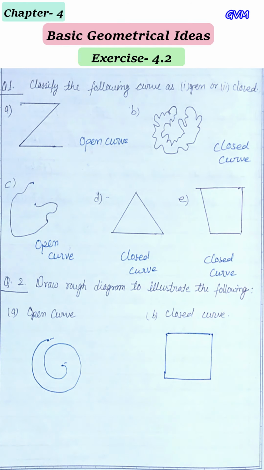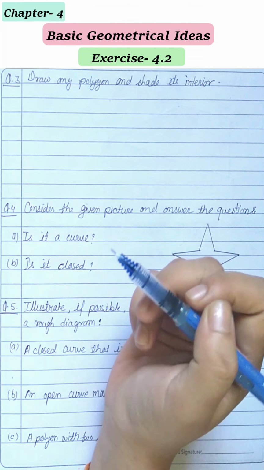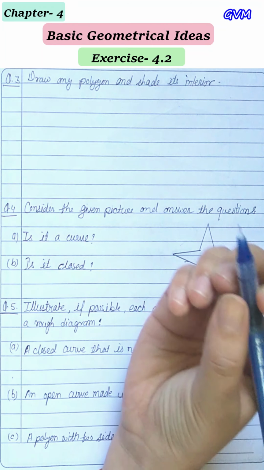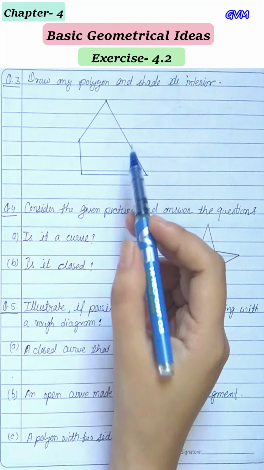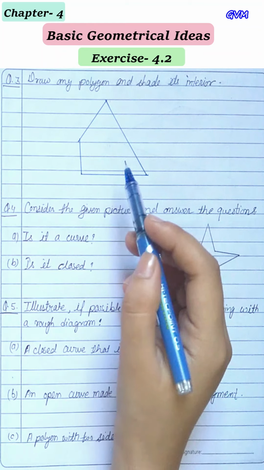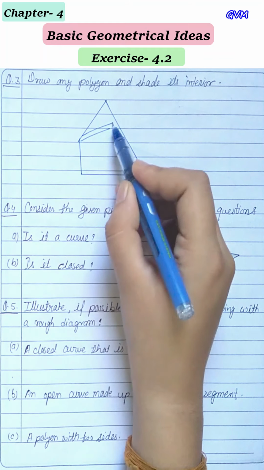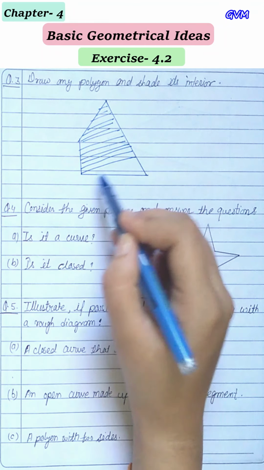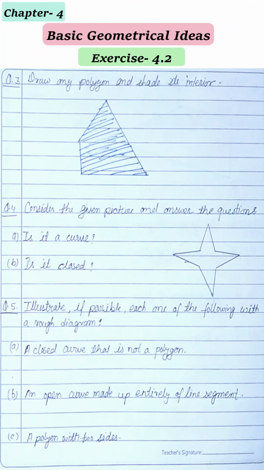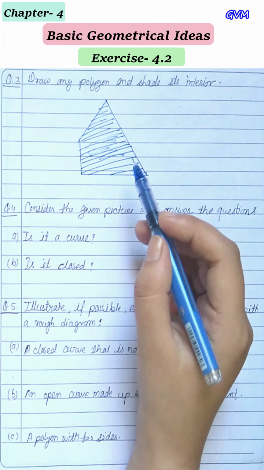Now let's come to the question number 3. Draw any polygon and shade its interior. हमें एक पॉलीगन ड्रॉ करना है और उसके इंटीरियर यानी कि अंदर के पार्ट को शेड करना है. सो लेट्स ड्रॉ. सो आई हैव ड्रॉन हियर अ पॉलीगन विथ 4 साइड्स. ओके, सो नाउ वी हैव टू शेड द इंटीरियर पार्ट. सो व्हाट विल वी डू, वी विल शेड द पार्ट दैट इज इनसाइड दिस पॉलीगन. So this is kind of interior shaded part of this polygon. Okay, so you can draw any polygon like polygon with 4 side, polygon with 3 side, polygon with 5 side and so on.